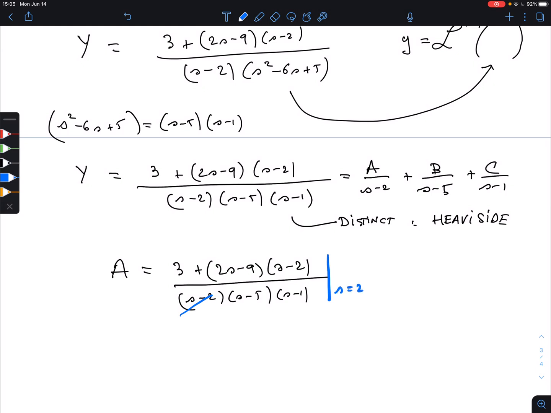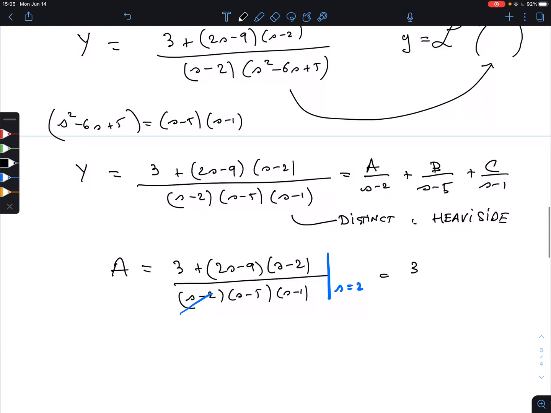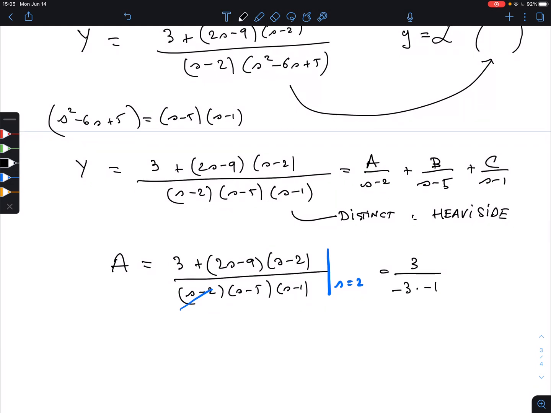Oh, this is nice because you notice that this already is now 0. That's why factoring was good, because this will always happen, at least for one of them. So this whole thing is 0, so the calculation is even very quick here. On top is just 3, and in the bottom I'm plugging in 2, so it's minus 3 times minus 1. So all this is equal to 1. Okay, A is 1. So as always, I'm going to cheat a little bit by